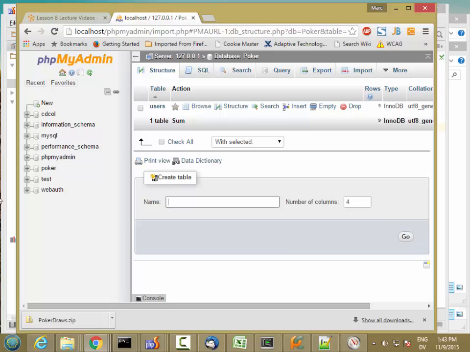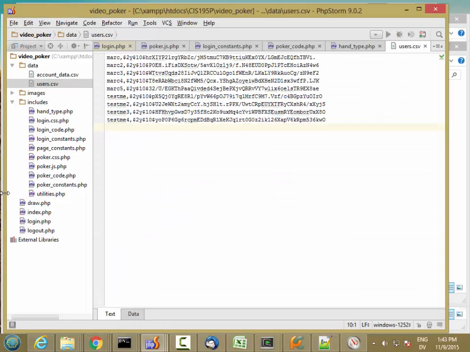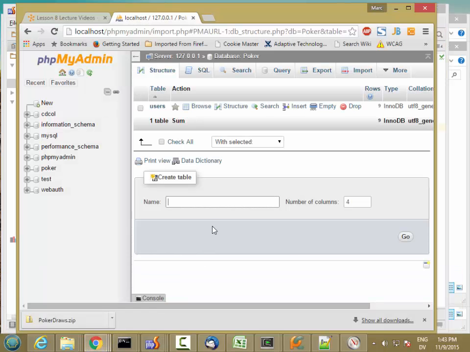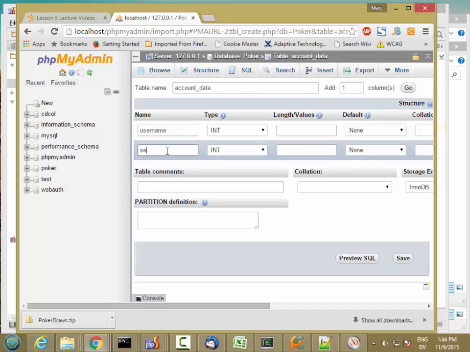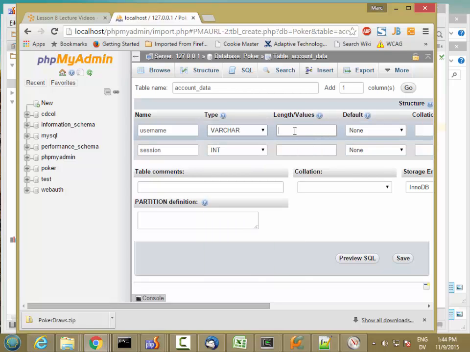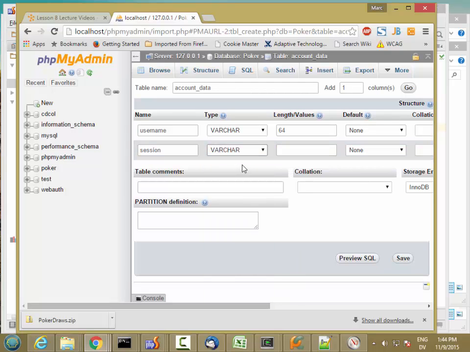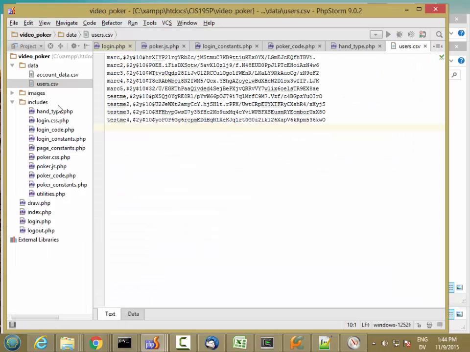So under Create Table, this one is going to be my account data. So you'll notice this is all lowercase. So we'll go account data. This is going to have two columns as well. It's going to have a username field, and this is going to have a session data. This is varchar, same size as the other one, 64. This will be varchar, and then here